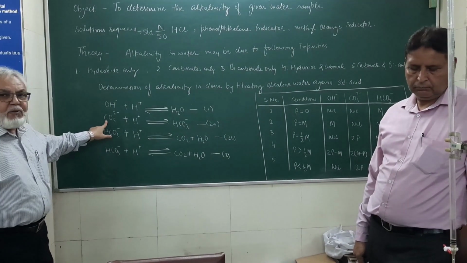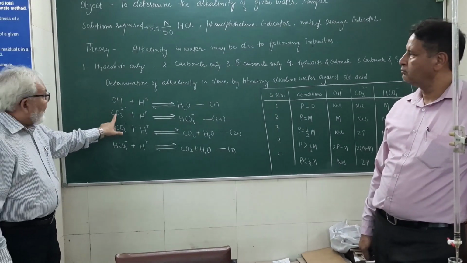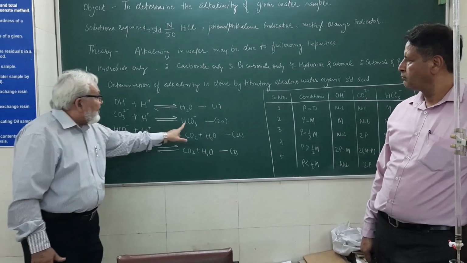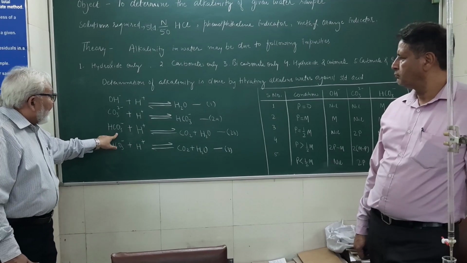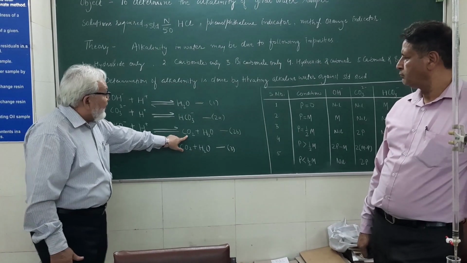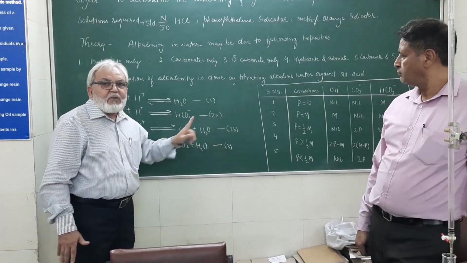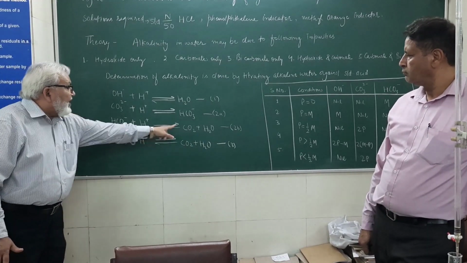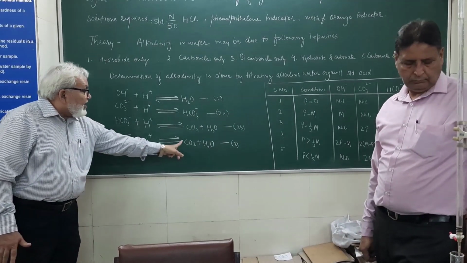The second is the neutralization of CO3 2 minus. It takes place in 2 steps. 2A is CO3 2 minus reacting with H plus of the acid and getting converted into HCO3 minus, and this HCO3 minus is again neutralized by consuming more acid to get converted into CO2 and H2O. This is why it is written as reaction number 2A and 2B. And if bicarbonate ions are present, they will be neutralized in the same manner as reaction number 2B: HCO3 minus plus H plus gives CO2 plus H2O.